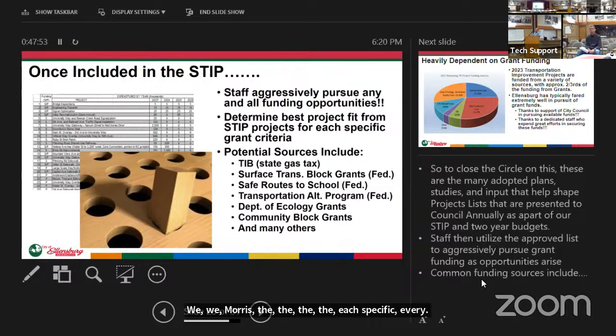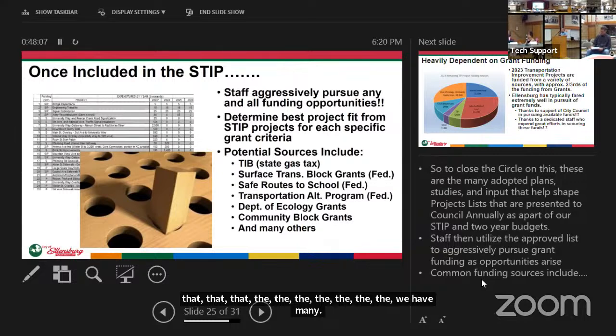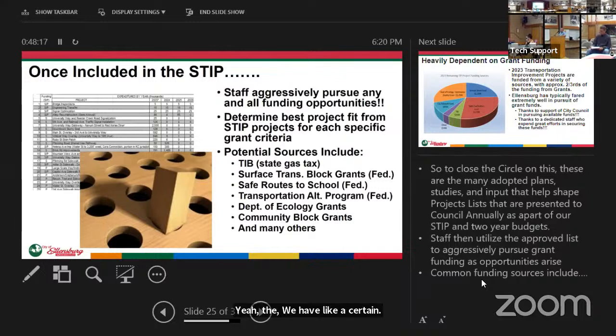So we use all the evaluation requirements to find the projects that best fit those grant applications. Typical funding sources we see are the Transportation Improvement Board, which is a gas tax, the Surface Transportation Block Grant, which is a federal grant, Safe Routes to School, which is federally funded, the Transportation Alternatives Program, Department of Health grants, community block grants, and many others.